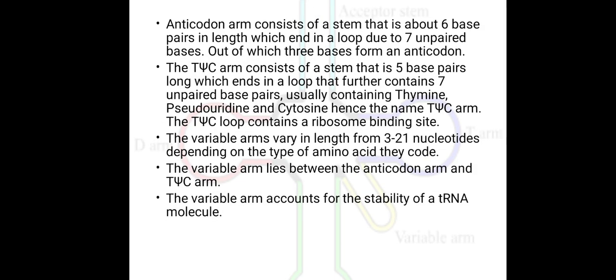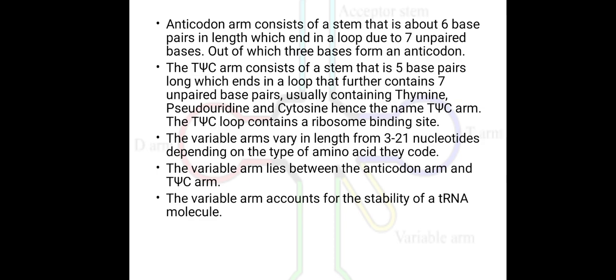Now the anticodon arm, which is again present opposite to the acceptor stem, contains about 6 base pairs in length and ends in a loop with 7 unpaired bases, out of which 3 bases form an anticodon. And these anticodons which are present within the tRNA molecule are responsible for the decoding of the codons on